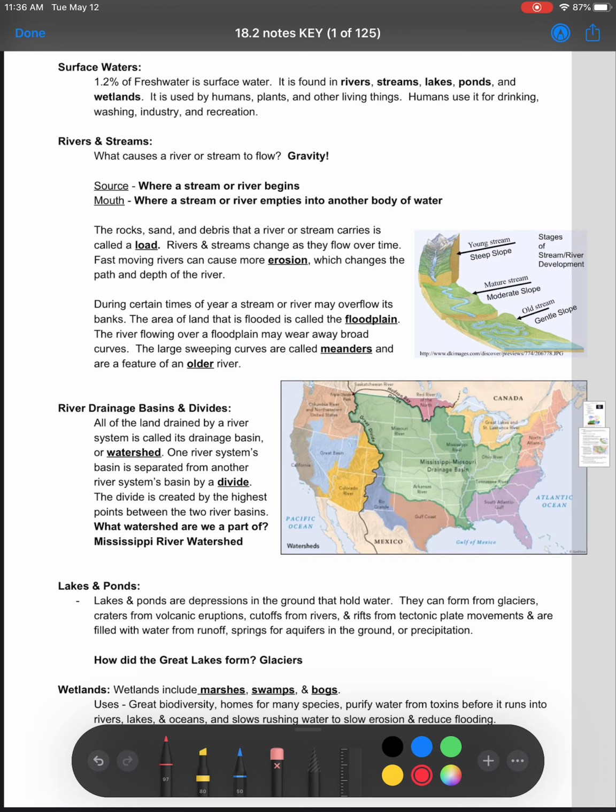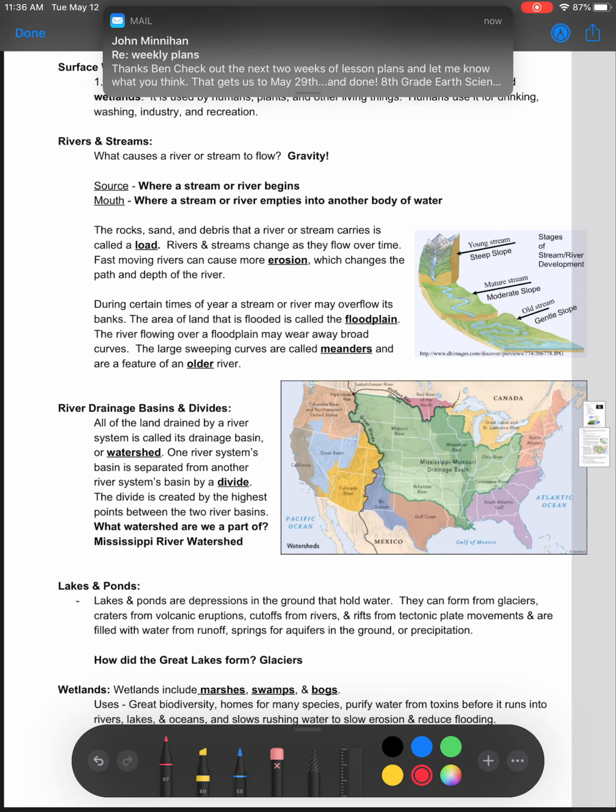Typically, the more water you have and the faster that water is moving, the larger the load that body of water can hold. And on the flip side, the slower that water is moving or the less water is available to move these loads, the smaller the objects that body of water can carry. So, moving on a little bit